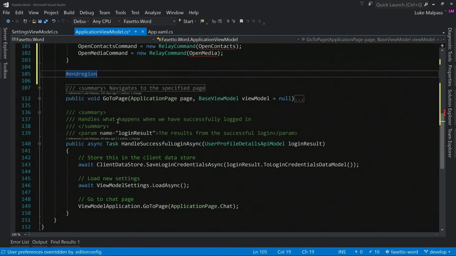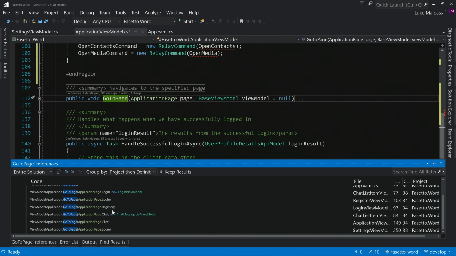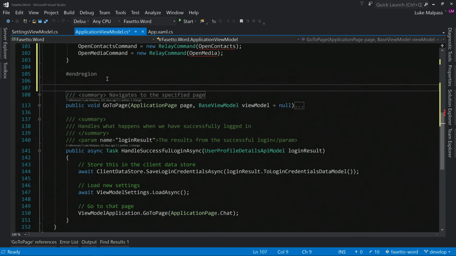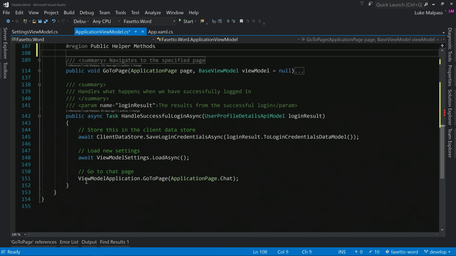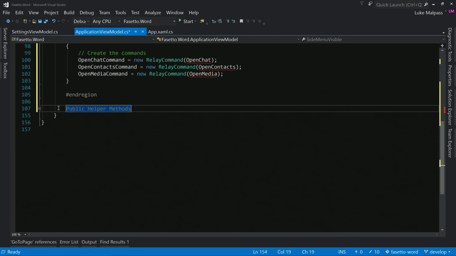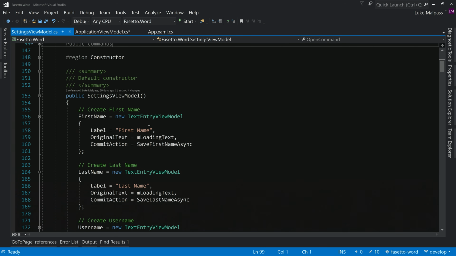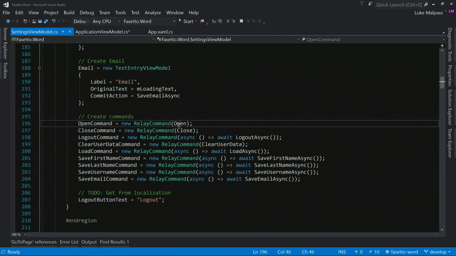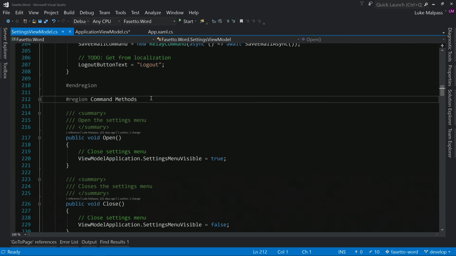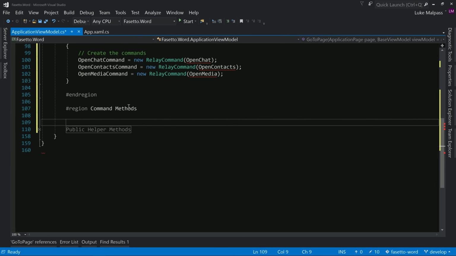Then we have here now a go-to page. Let's just check if this is used, just called directly. So this would be a public helper really. This is public helper methods. Both of those are off. So they just wrap them up because they're not wrapped up. And then here we'll now have, let's see what we named the other ones. We did public commands. We made the commands, and then we wrap them in command methods as the region. So we'll just have command methods,